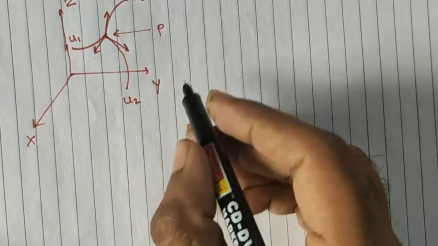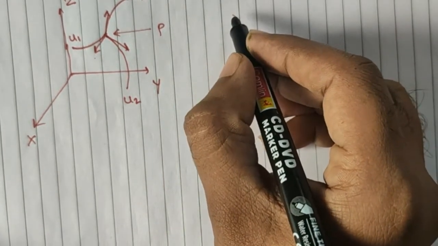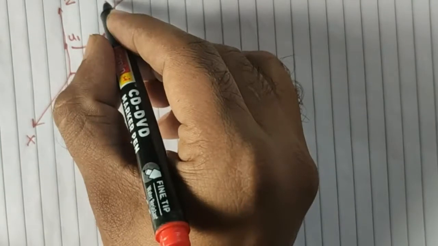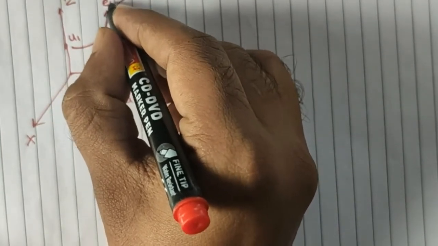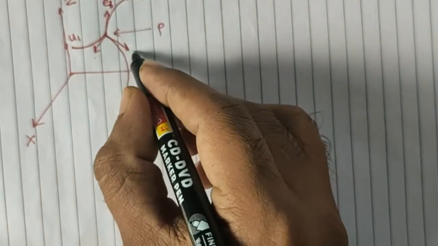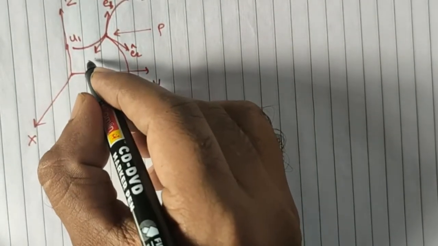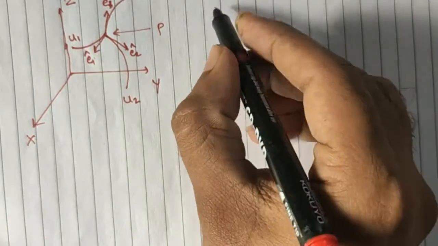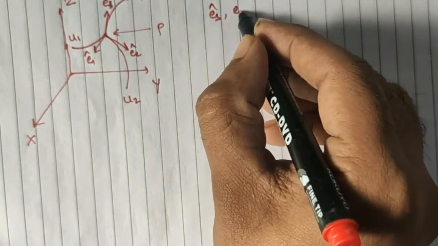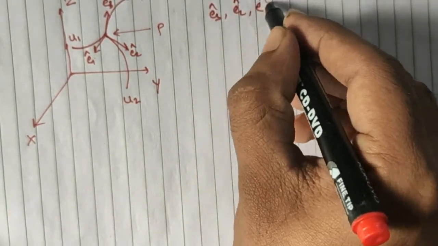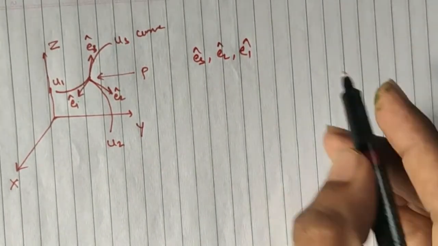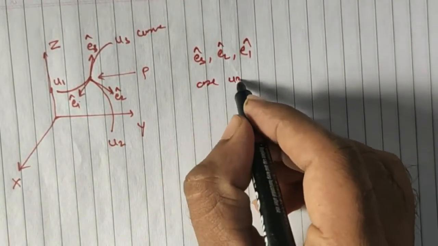And drawing a tangent means taking a derivative, so they are similar. This is e3 cap, this is e2 cap, and e1 cap, the unit vectors along that tangent. So e3 cap, e2 cap and e1 cap are unit vectors